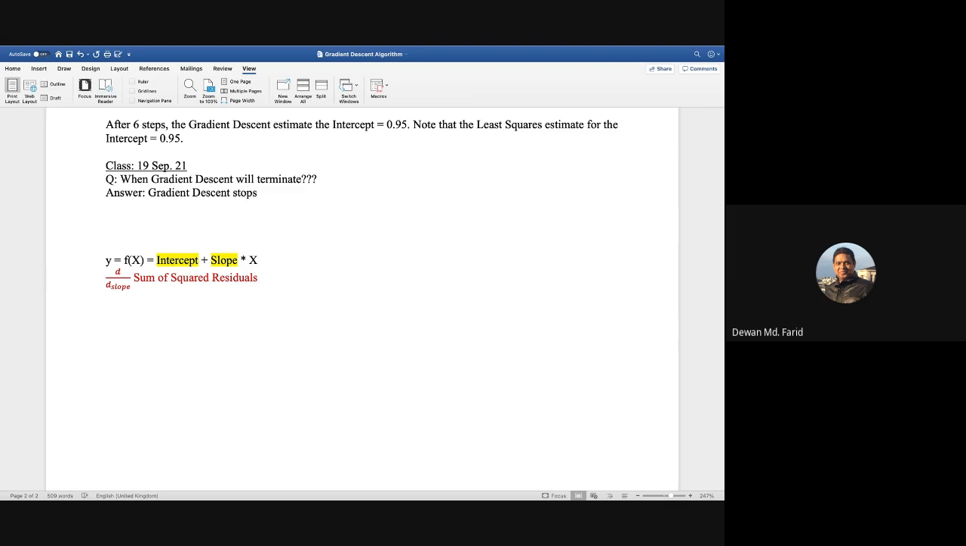Stops when the step size is very close to 0. So normally the minimum